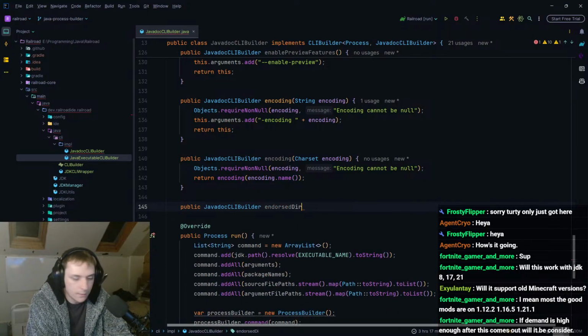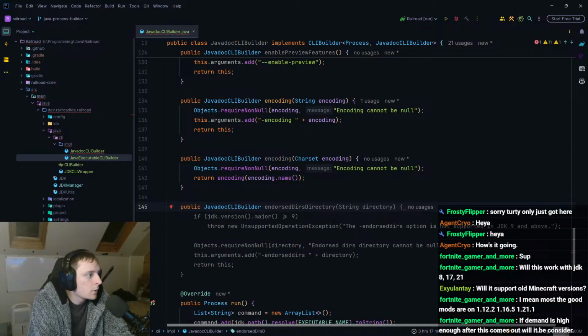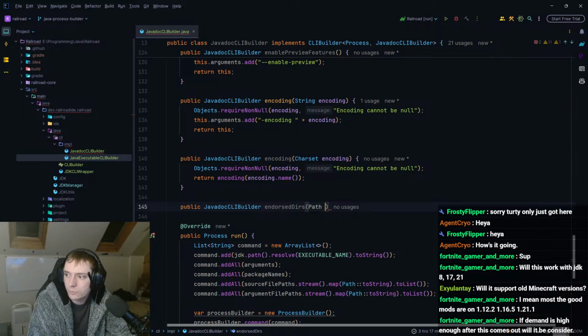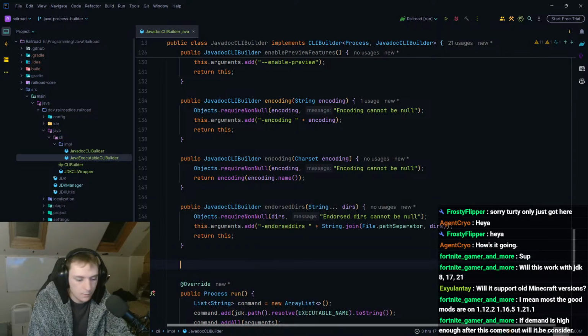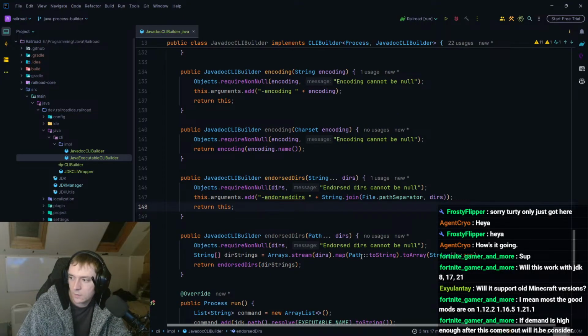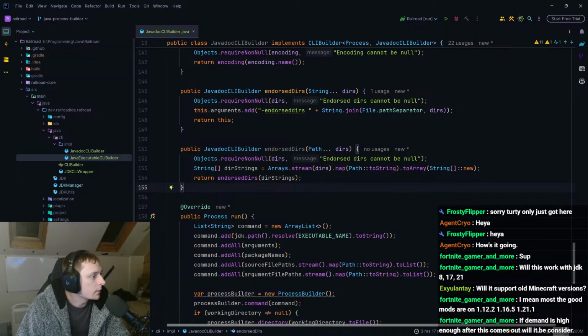Endorsed dirs. Okay, this is multiple directories, I think. So I'll do path. Well, we could do strings and then just create an overload once again, which takes in the paths like that. Okay, next one is